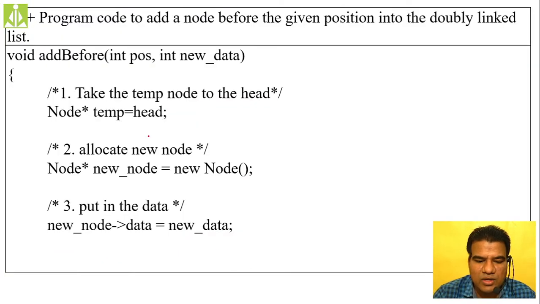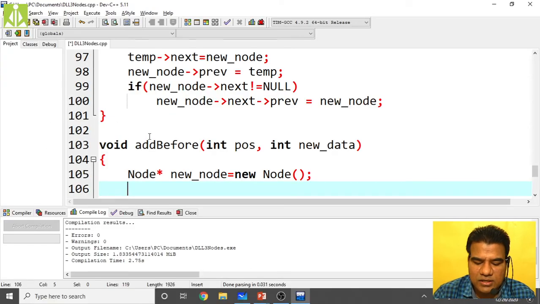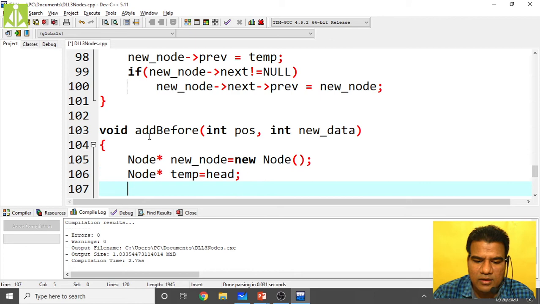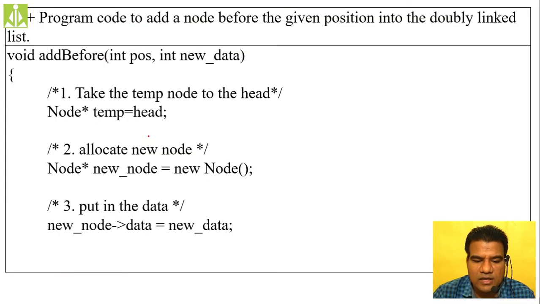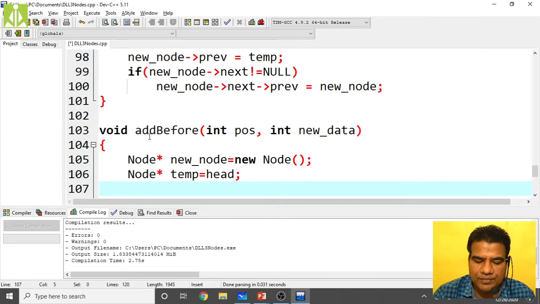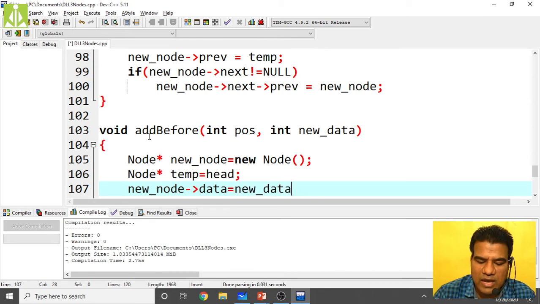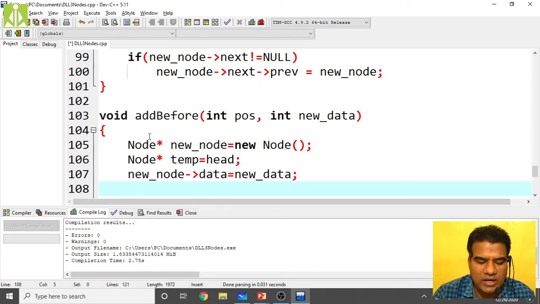Then we'll take a temporary pointer, Node star temp, and make it point to the head pointer, temp equals head. Then new_node of data equals new_data. So we have stored the data into that newly created node.